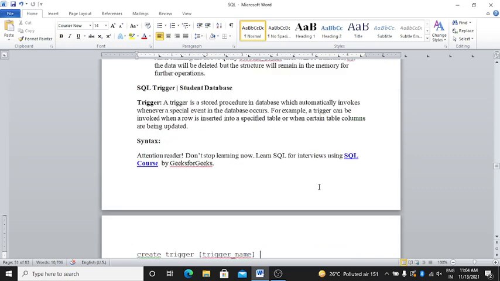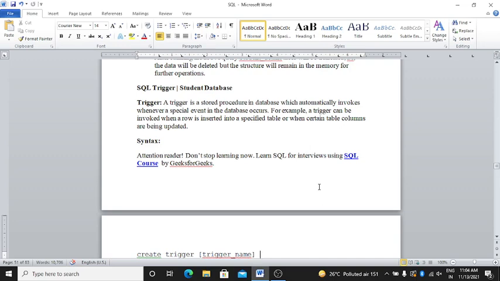Here is the SQL trigger. A trigger is a stored procedure in a database which is automatically invoked whenever a special event in the database occurs.